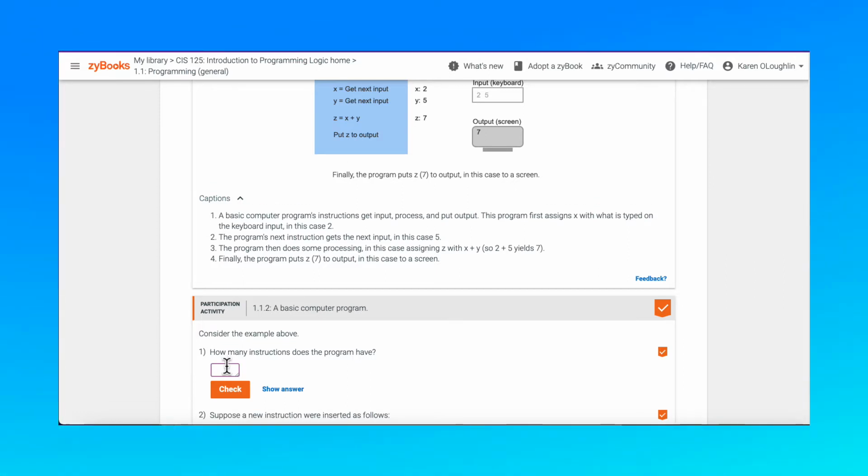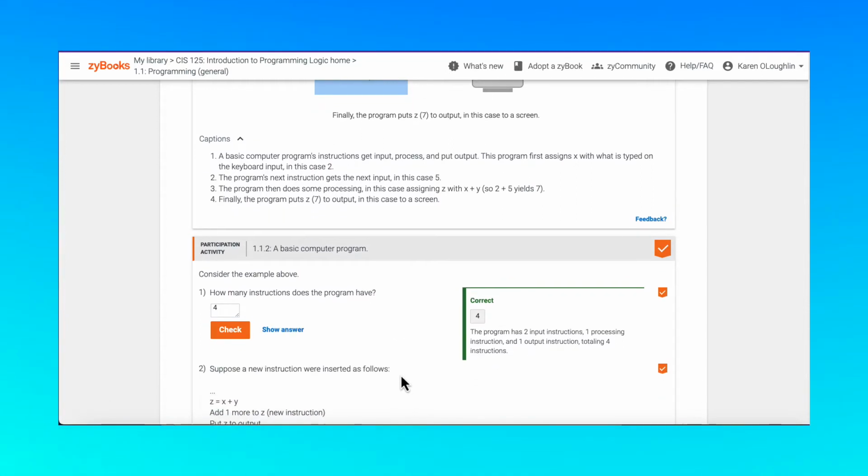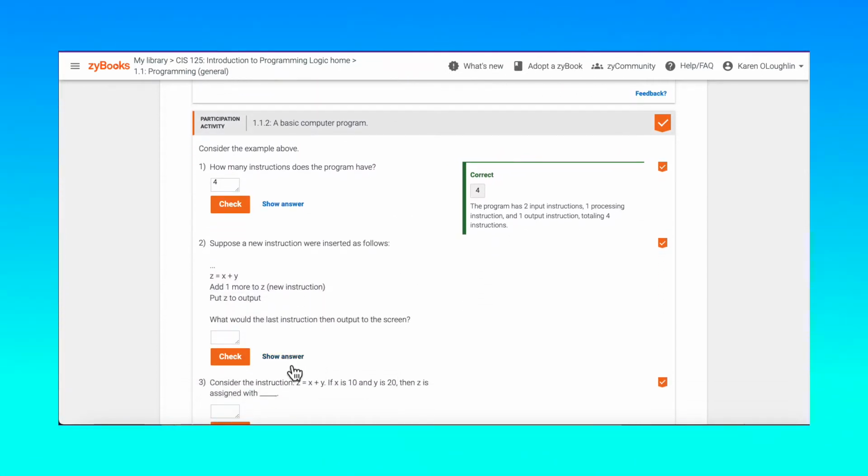I'm going to answer incorrectly just to show you what happens. So it says incorrect, and it says 2 input instructions, 1 processing and 1 output. So we answer correctly, and then we can check our answer. If we don't know an answer, you can choose to show the answer. So sometimes it might not be that you don't know the answer, it might be that you're not understanding what